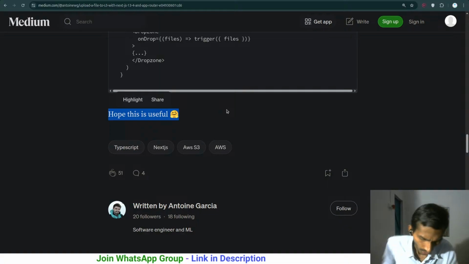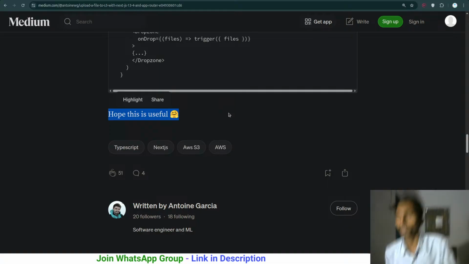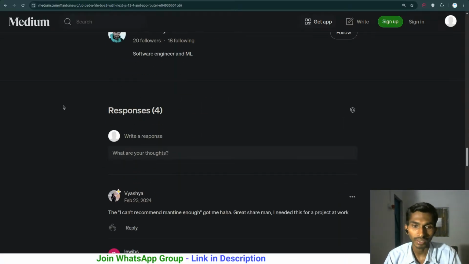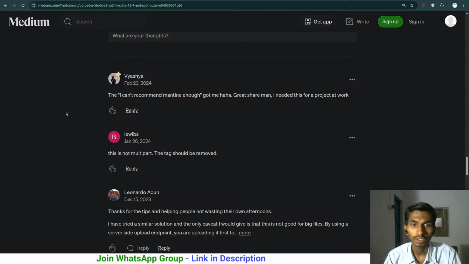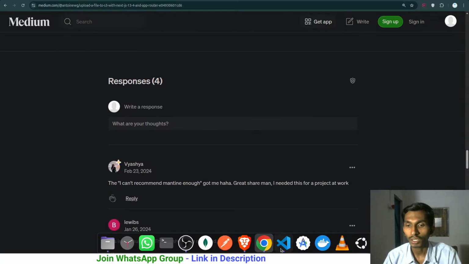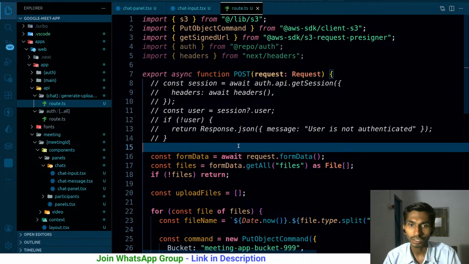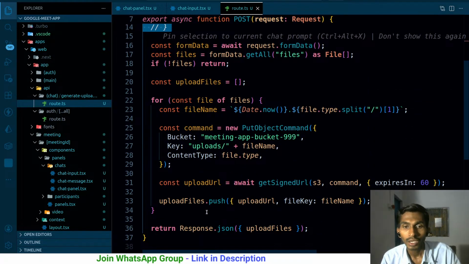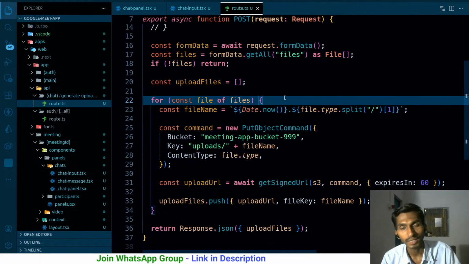Hope this is useful. So ultimately they are doing what they are, though he has mentioned that you can generate the pre-signed URL, but ultimately he has uploaded everything from the backend side only. So what we are gonna be doing, we are gonna be creating a pre-signed URL. Even we have done that, but there is a problem on our side. What is that? We are sending all the files at once. After that, we are creating the pre-signed URL of all the files at once, and then we are sending all the files back. The problem with this approach is that